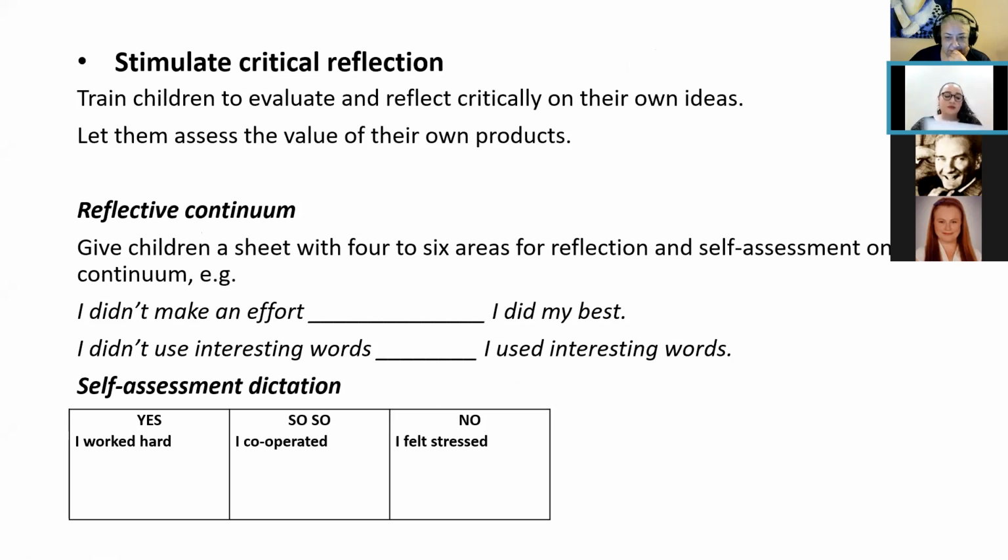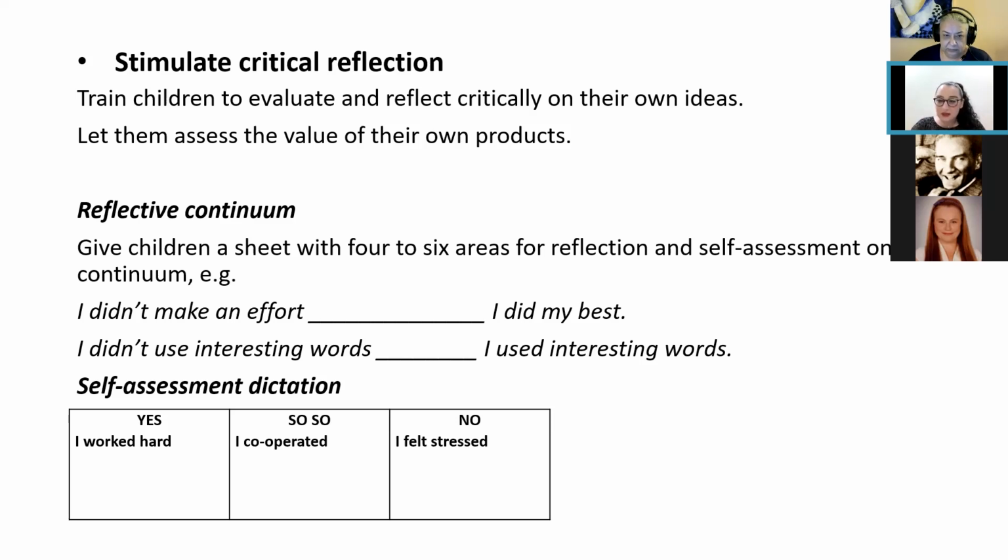Okay, so when students learn new concepts or subject matter, they often experience a sense of uncertainty until they make sense of the new information. So critical reflection helps students assess the validity and value of their creative product. So we need to teach our children, our students, to evaluate and reflect critically on their own ideas. Last week, Betül Hocam told a lot about this. How can we reflect ourselves critically?